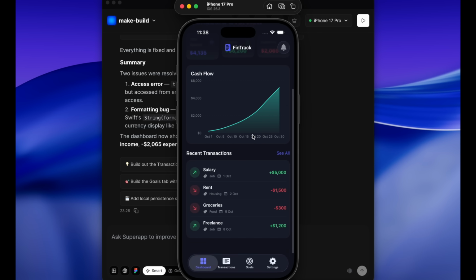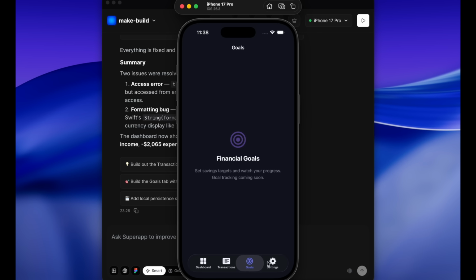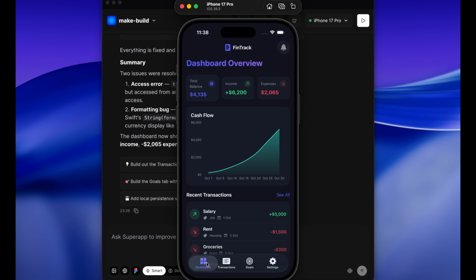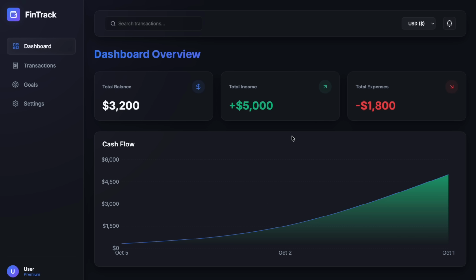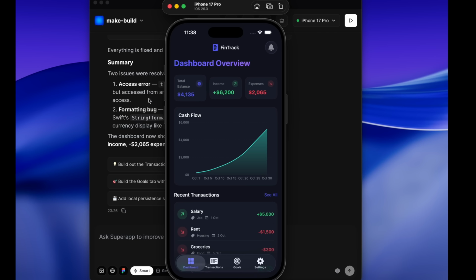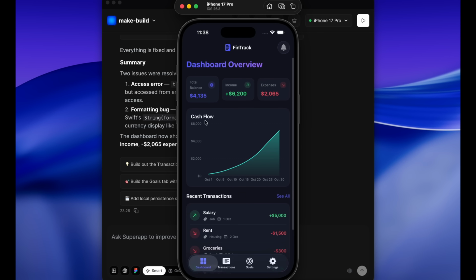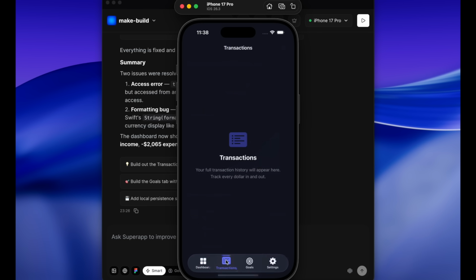You can see this is the home page, and here are different tabs like transactions, goals, and then settings. Currently it has not built all the features, but it has structured the app and built the initial version of the app, and you can see it is looking like our website. Here is our website which I had given screenshots of different pages like dashboard, transactions, and goals, and the app is also looking similar. You can see here are transactions, here is the graph, here is the transactions tab, here